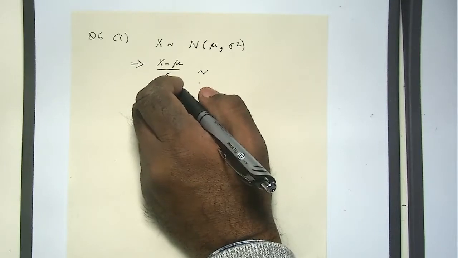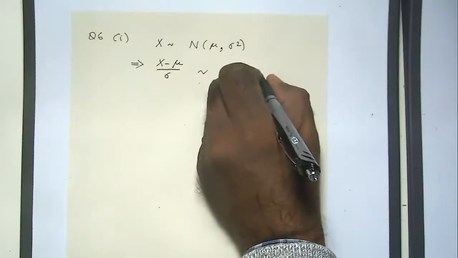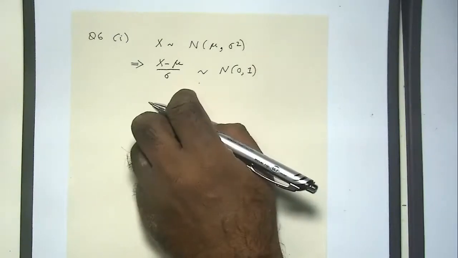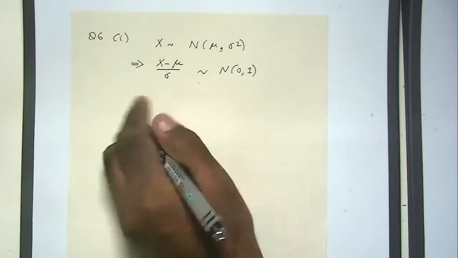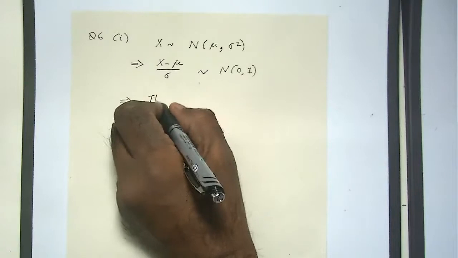It is the normal with parameters 0 and 1. This is one of the properties I mentioned in the class. You remember this or no? Yeah. So what this implies is that the CDF